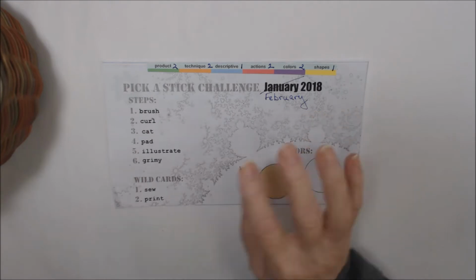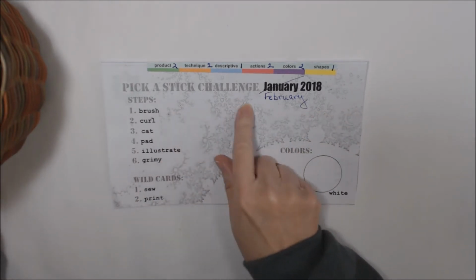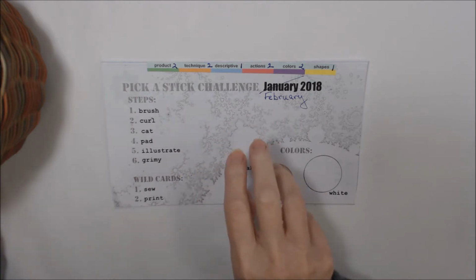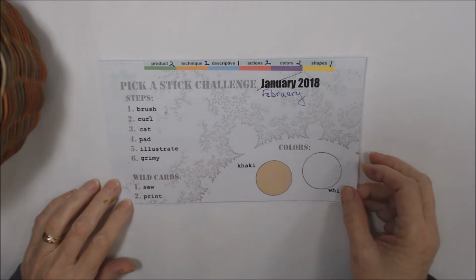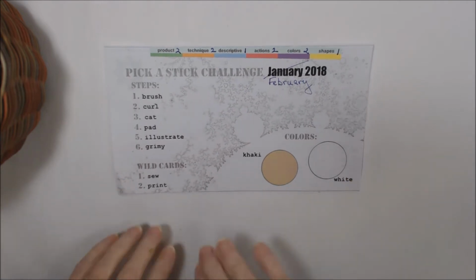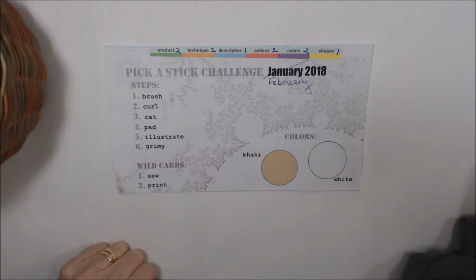Okay, so you know that this year we've had a big change in how we're doing the Pick a Stick Challenge. This is the third year of Pick a Stick Challenge. Can you believe it? And we just keep growing and changing. And we thought we'd shake it up a bit for this year because there's a lot of things that we